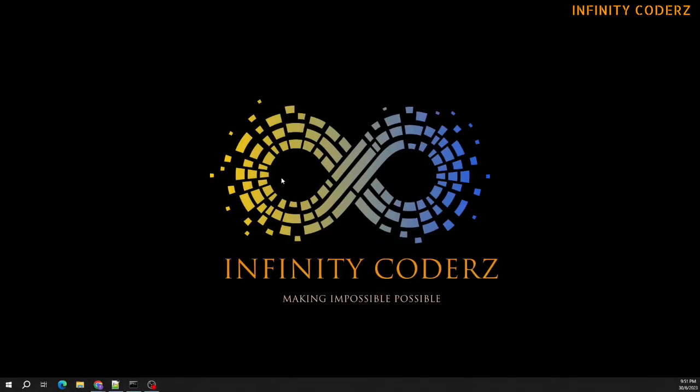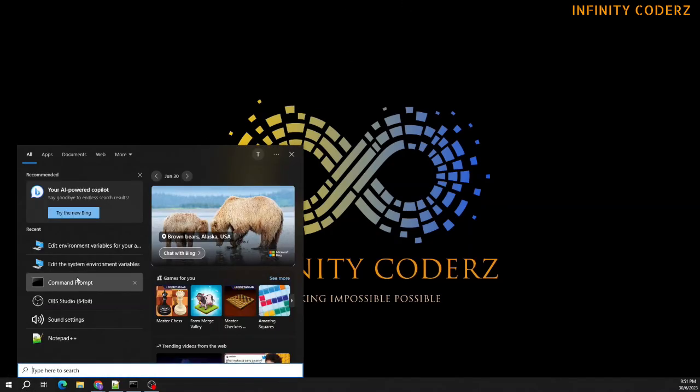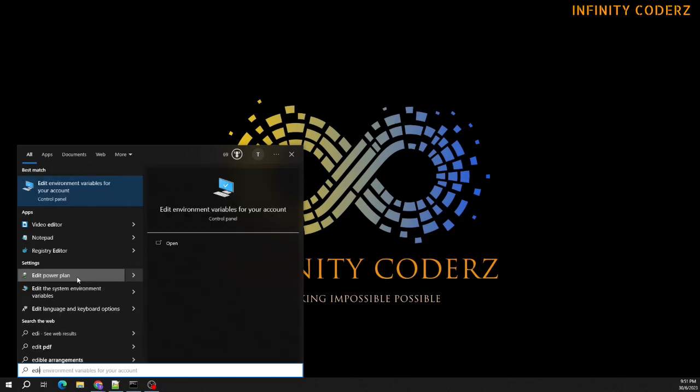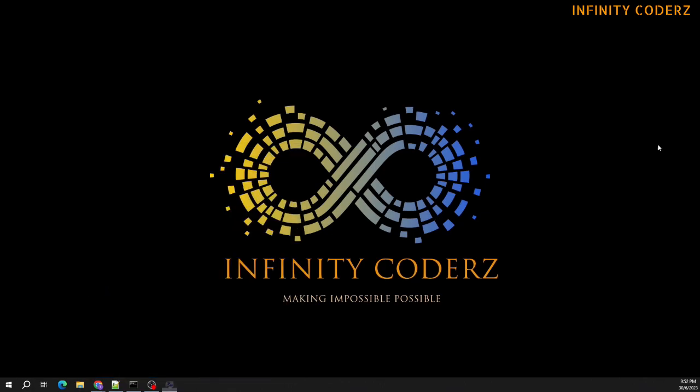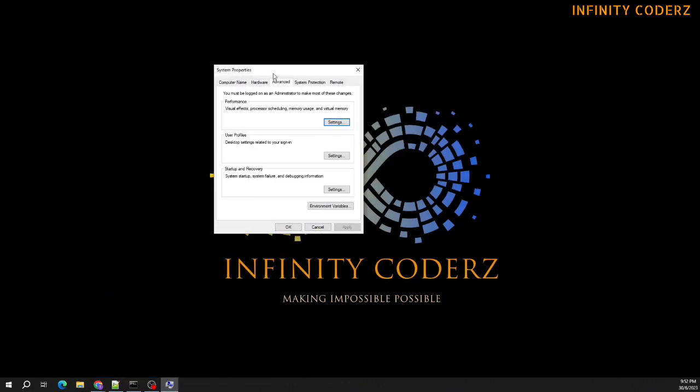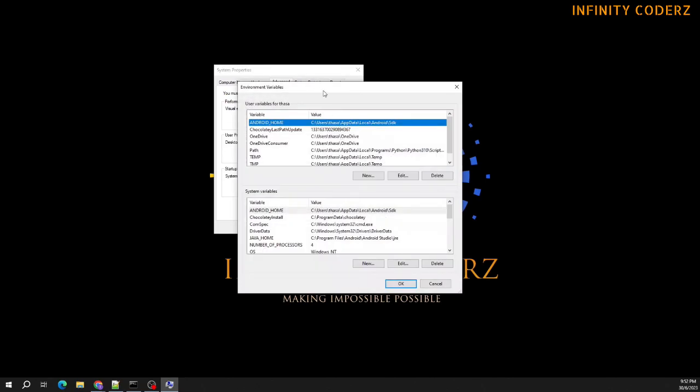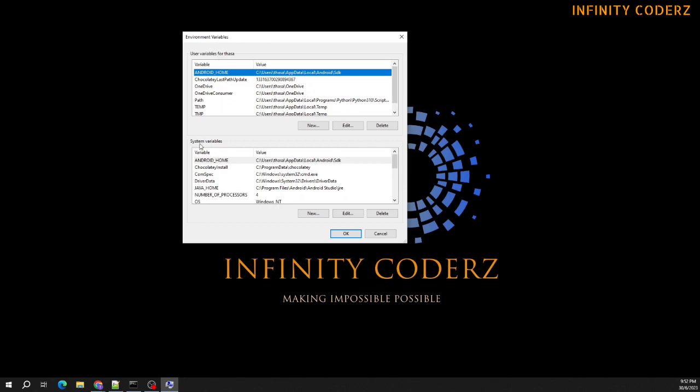Next, to set up the Java environment variable, we can either go from the Control Panel on your Windows, or just use the Windows search and type edit. There are two results; you need to open Edit the system environment variables. Click on it, which will open up the system properties, and then there's Environment Variables. Click on it. Here, go under System variables. First, we need to add the JAVA_HOME.